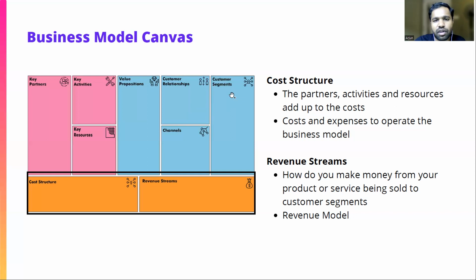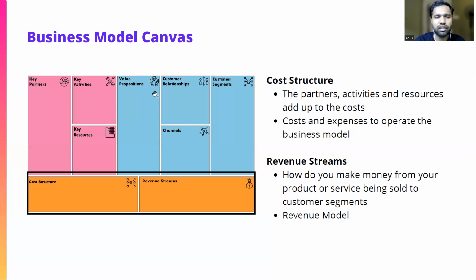So if you write down that your customer segment is students, then you need to speak with a lot of students, and understand their problems. What are all their jobs? What do they feel as gains? What are the pains they have? Then how is your value proposition aligning with your customer segments, then how are you going to establish relationships with them, whether you are going to use any physical channel or virtual channel. So you need to validate all of these things. You need to do a lot of validations.